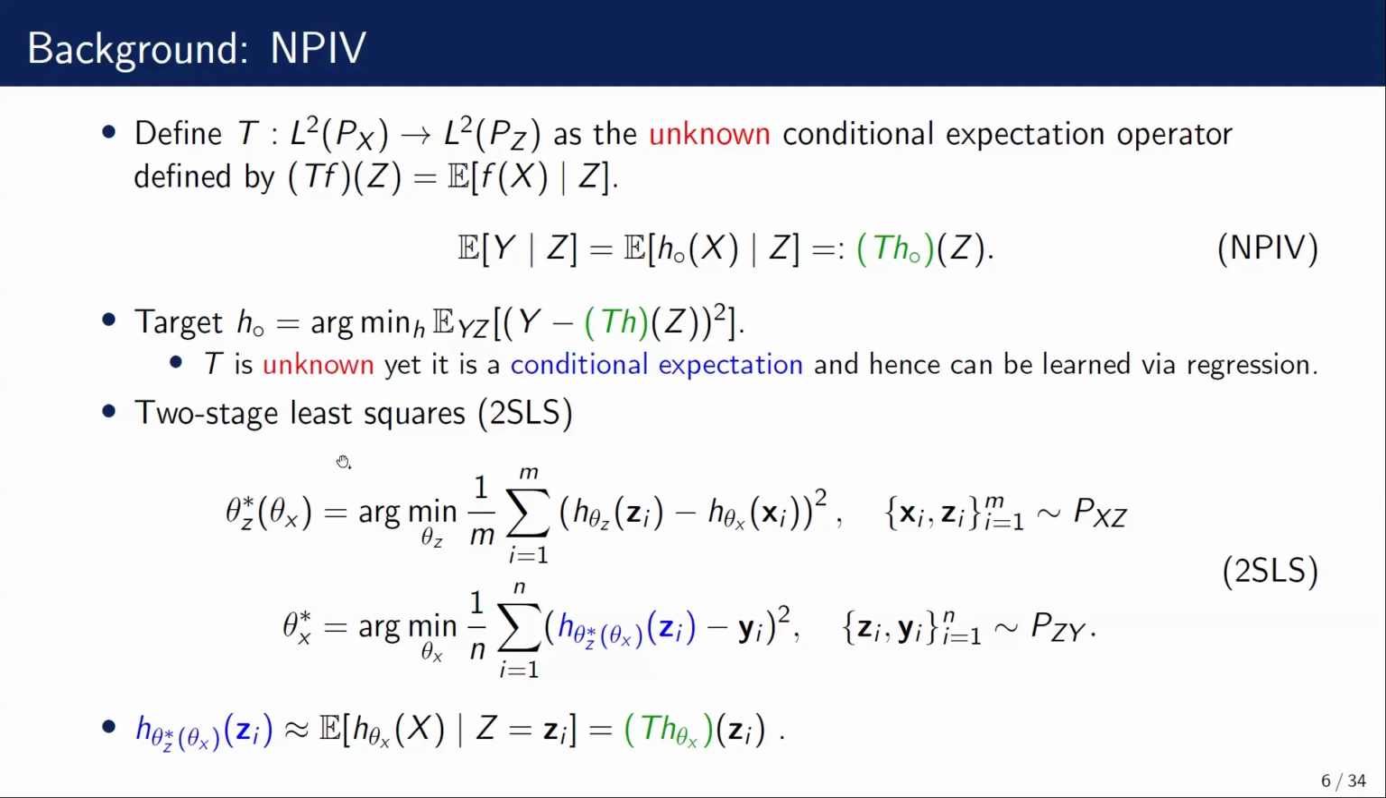We do this by two-stage regression. In stage one, we learn T, because T is a conditional expectation. So we know from regression that all conditional expectations can be learned by regression. So in stage one, we do the first regression to learn T. This regression is written like this. Given M IID samples from PXZ, we first do this regression problem where zeta X is fixed. We solve for zeta Z. So we know that H zeta Z star, zeta X, is approximately this conditional expectation, which is TH zeta X